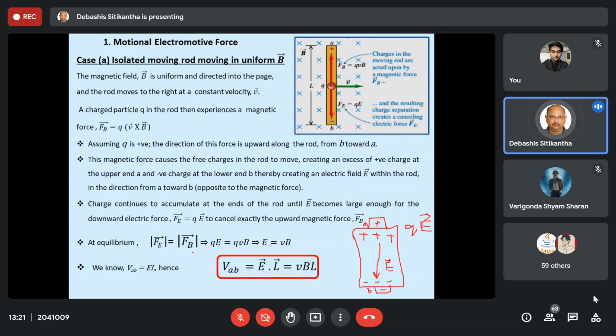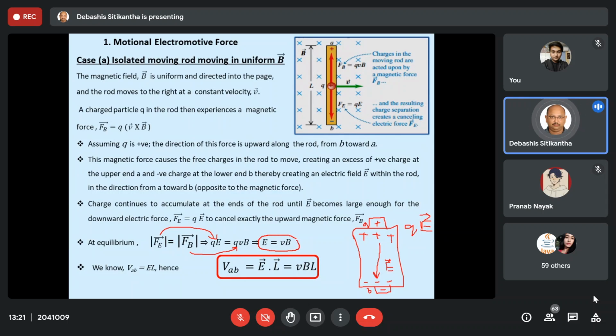So if we go for the equilibrium position, we will see that the magnitude of the magnetic force and the electric force are going to be the same. So naturally, in place of the magnitude of electric force, I write QE, and in place of the magnetic force, I can write QVB. These two things we have already studied. As you can see, Q is present on both sides, so we can equate this as the electric field is equal to the velocity times your B vector. And believe me, this is a very nice equation, a very good equation.